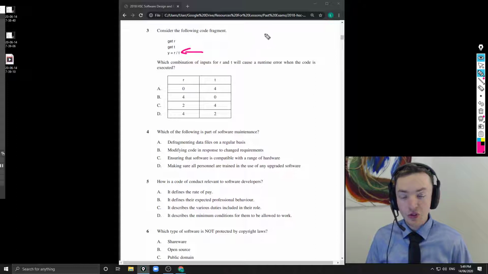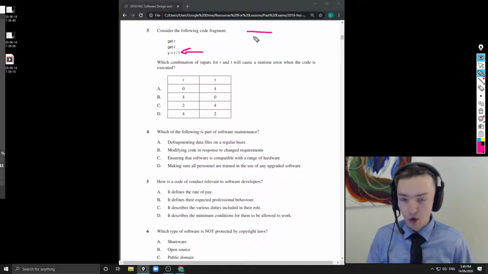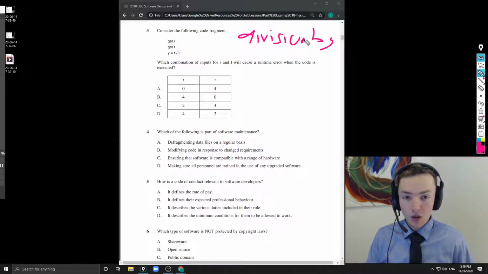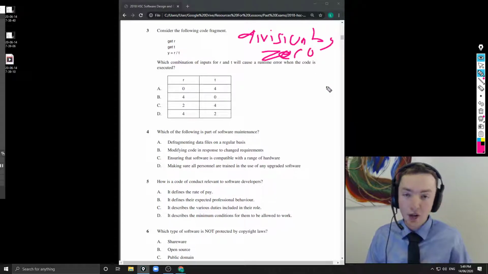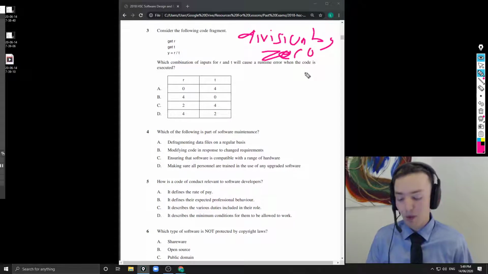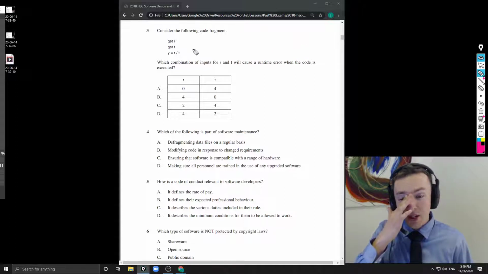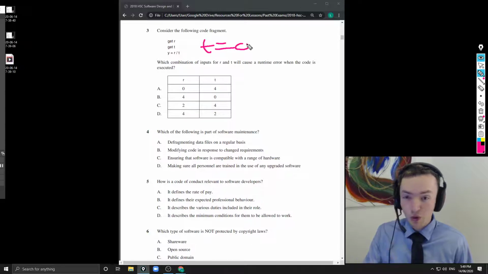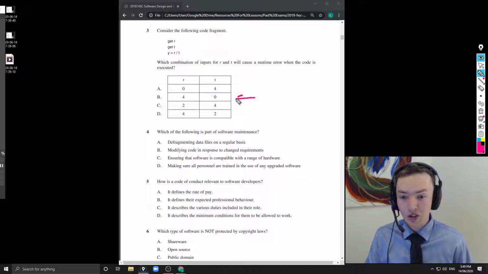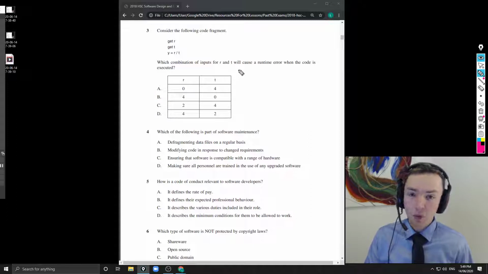that there's an error called division by zero. Which is an error because you can't divide by zero. The result is like infinity or something. So it's the type of error. Now, based off that, you could say, well, that means that T needs to equal 0, and that would cause an error. And in this case, this is the only time when T is 0, so the answer is B. So it's kind of straightforward, but what I'm going to take a little bit more time on is